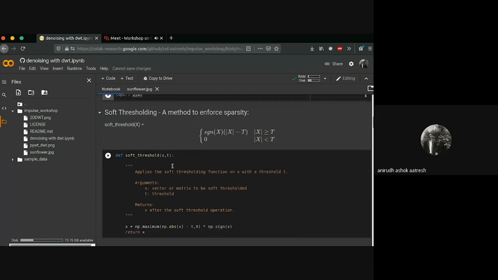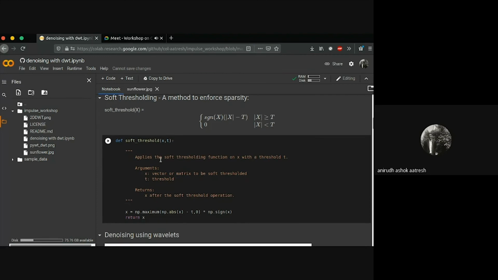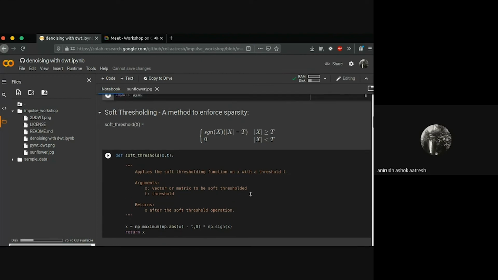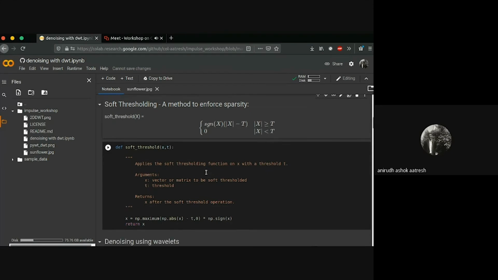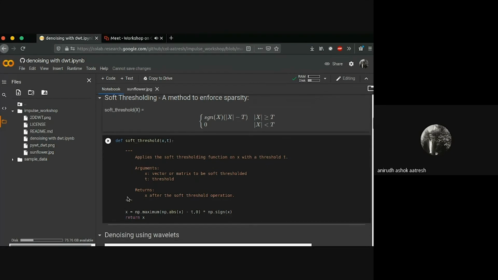Firstly we'll go through a couple of helper functions that we'll define, and then go to the image denoising loop. The soft thresholding mathematical representation here has been implemented in Python.